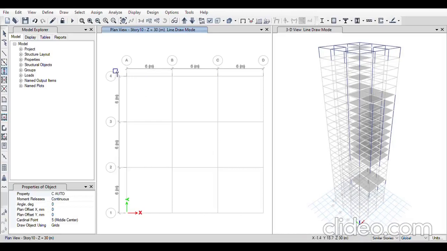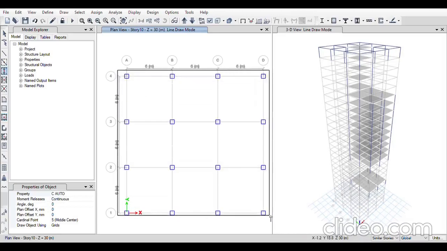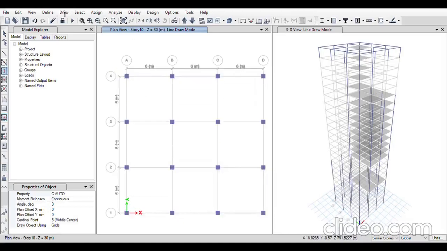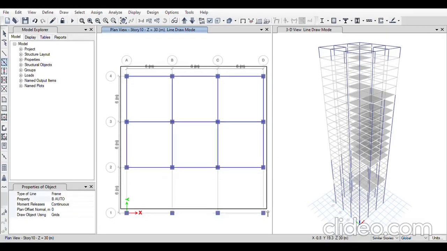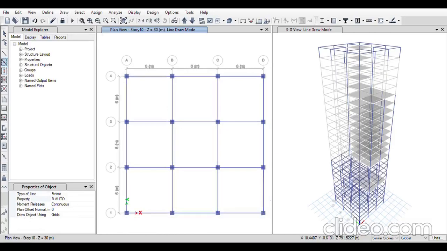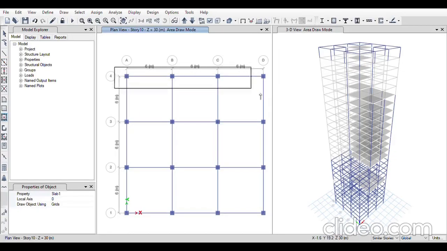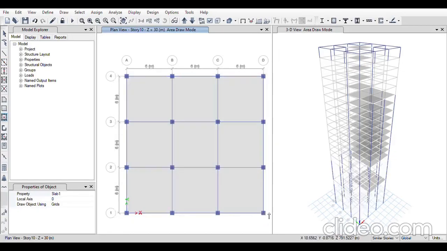Draw column, which everything is the column. Now I'll take draw beams. I'm going to draw all the beams in the floor. I'll take draw again. I'll draw the floor. I'll escape this.